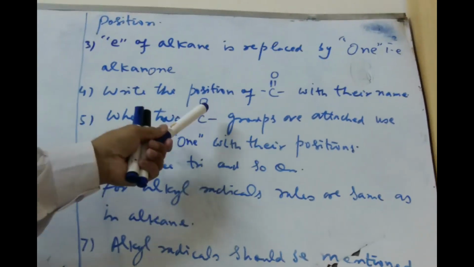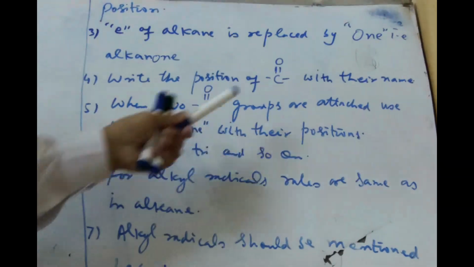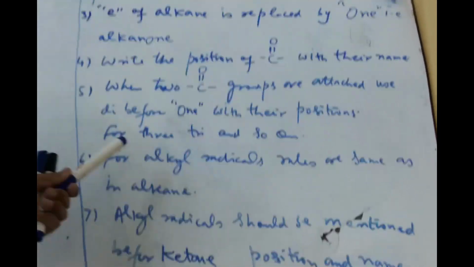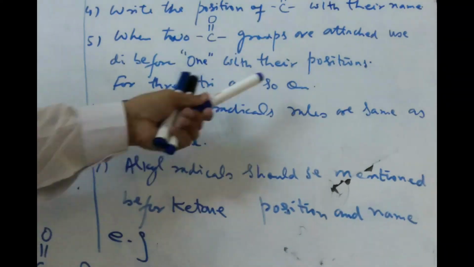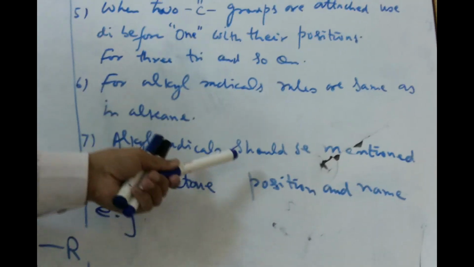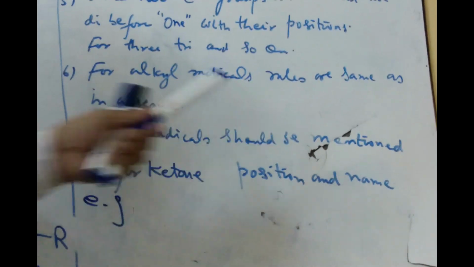When two CO groups are attached, use di before ONE with their positions. For alkyl radicals, rules are the same as in alkane. The alkyl radical should be mentioned before the ketone, with position and name. For example,